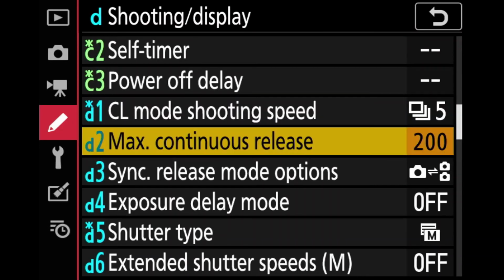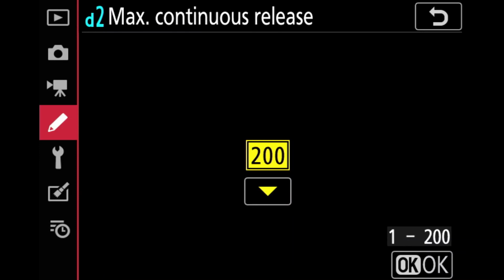Then maximum count release. So particularly this option is available when we are shooting with the continuous shooting mode, either low or high. So how many pictures you can take in the burst mode, so continuous mode. So the camera manufacturer limits us to up to from 1 to 200 images in one go by keeping the shutter pressed. This is limited because if by mistake we keep on pressing to its maximum count, there is a high risk that we can burn out our shutter.